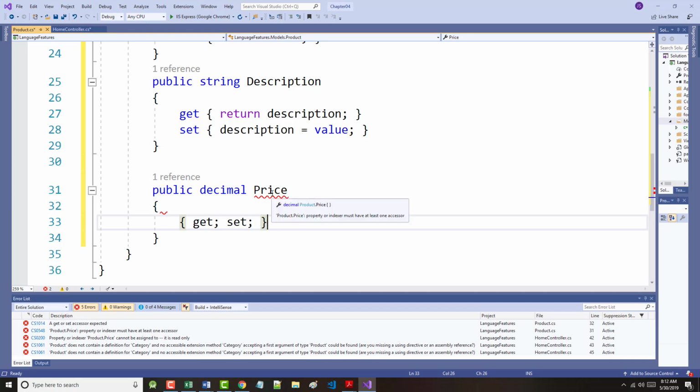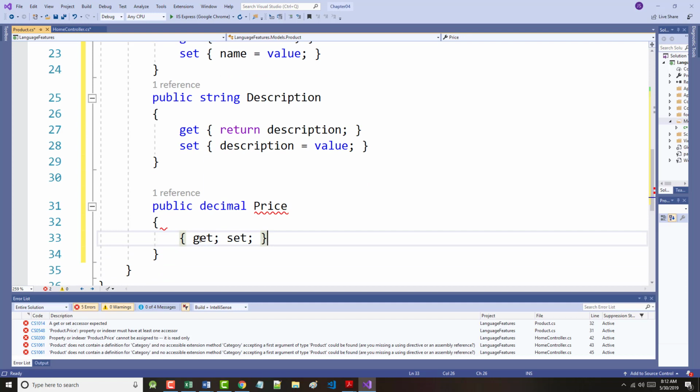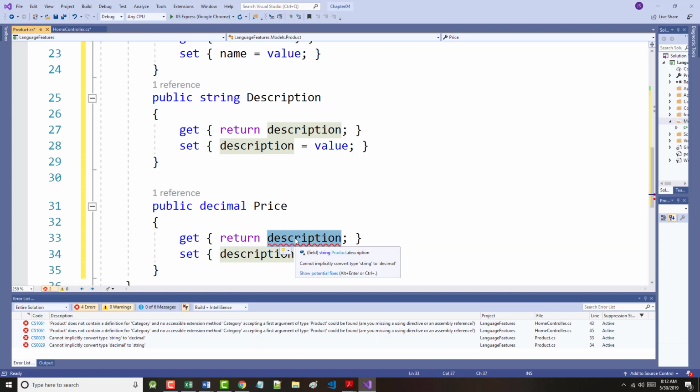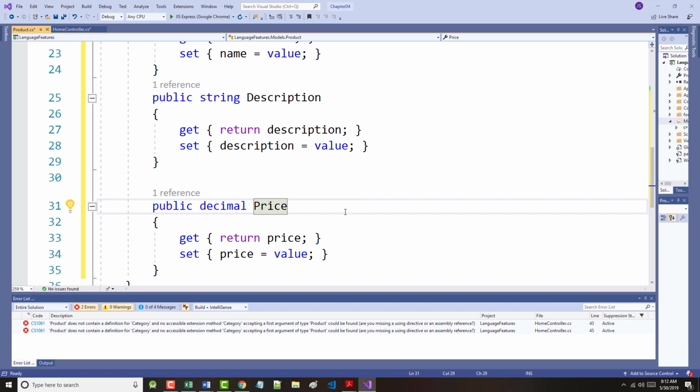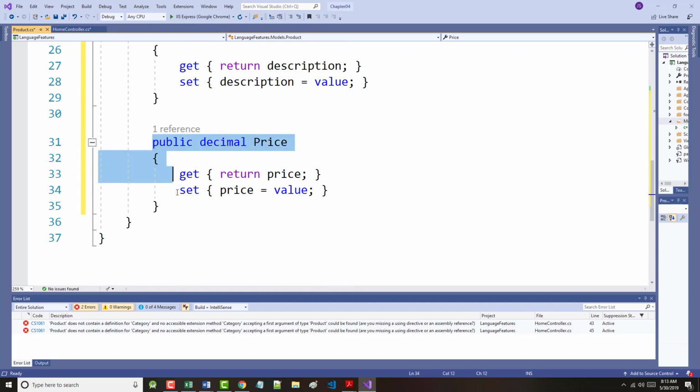And it doesn't like something here. It says it must have at least one accessor. Well, we can do it this way. I don't know why we would have to do it that way, but we can. So this is return price, and this will be price equal value. Should fix both those. Got the price there. We'll do the same thing with category,